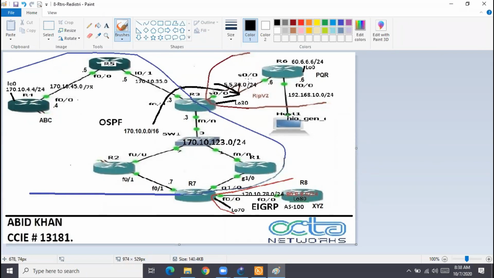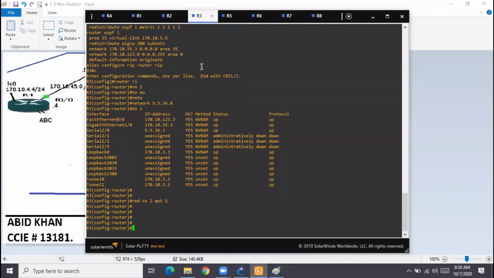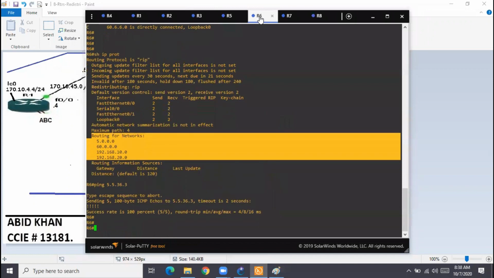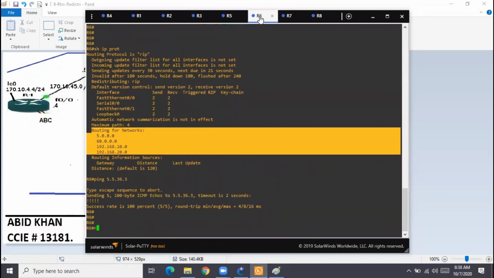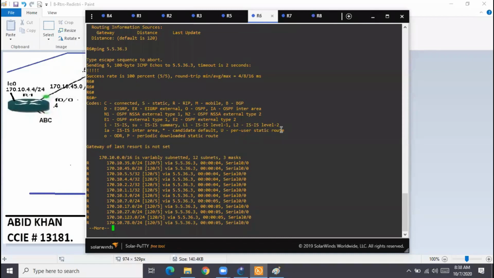And like that it will keep on incrementing. Every hop, the hop count will keep incrementing by 1. But on R6, if R3 is sending 5, it will be visible as 5 only. Let's see now. So I enter now. Let us go to R6. Last time no routes were there. And now you see all the routes have come with the metric 5.